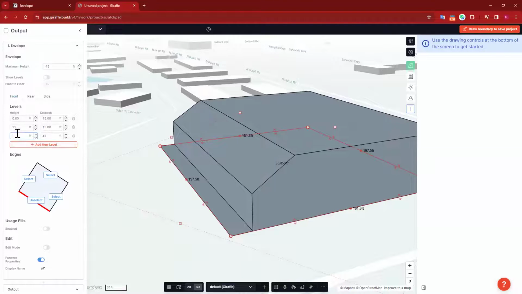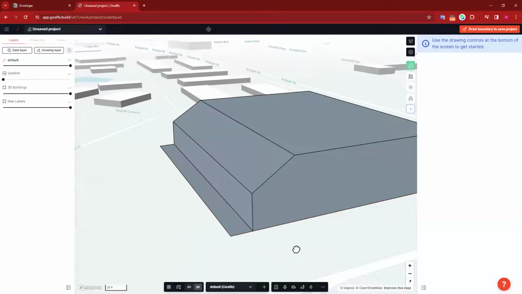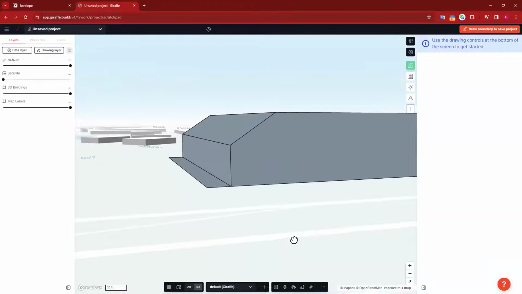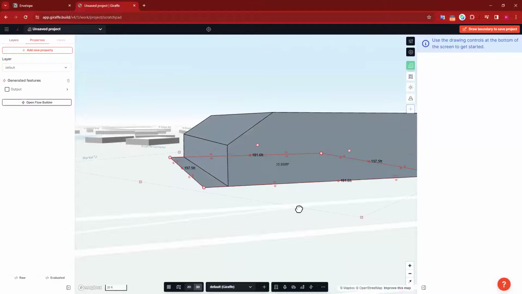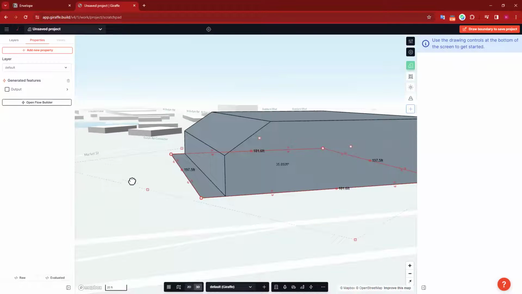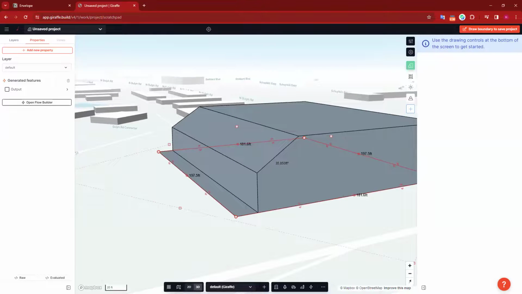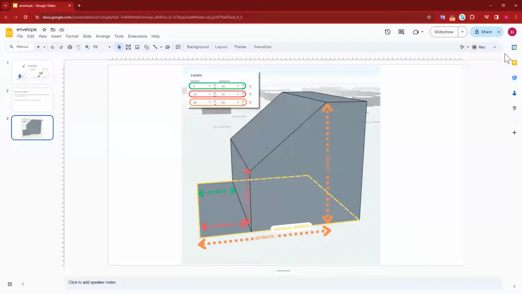And that slope, maybe it has to slope back at a 45 degree angle there. So just by putting in those heights and setbacks, I instantly get a read on this model of what those requirements are. If I pull up this little visual for you,